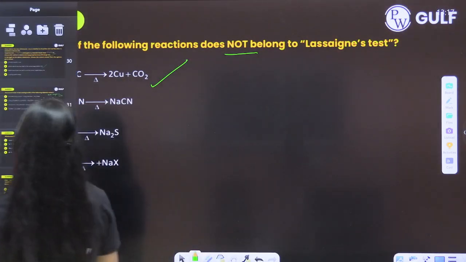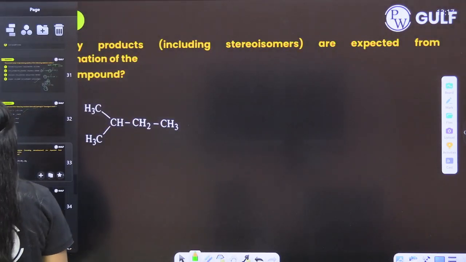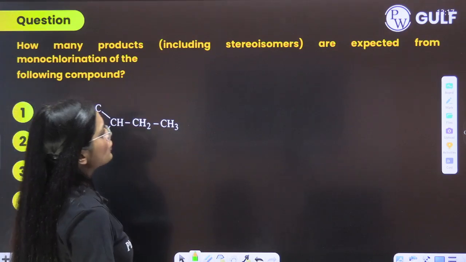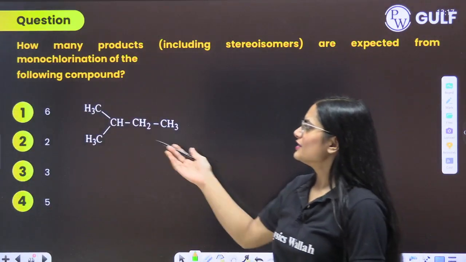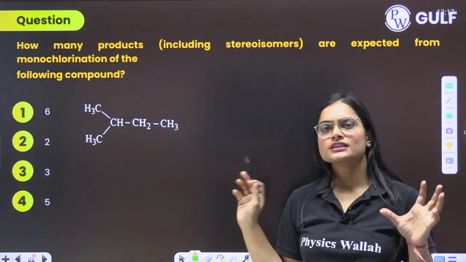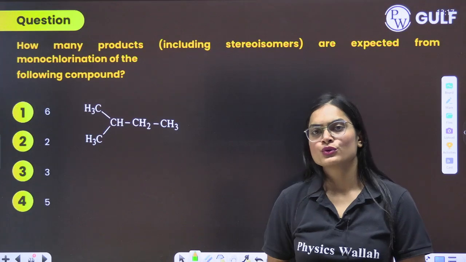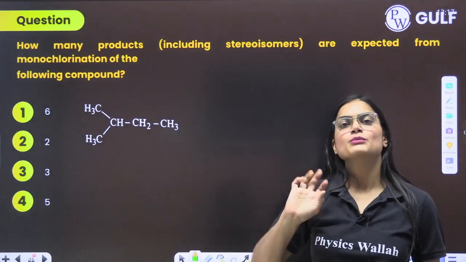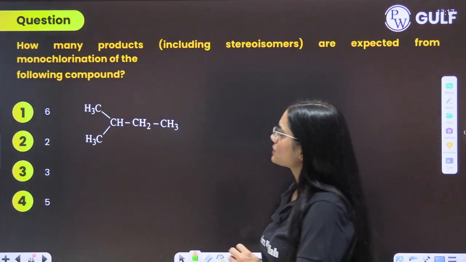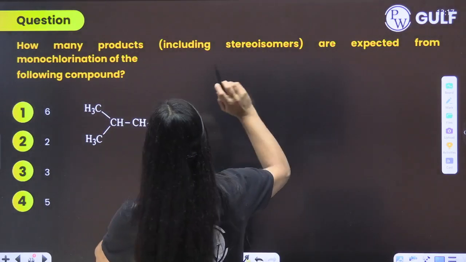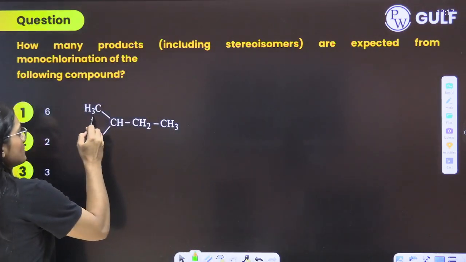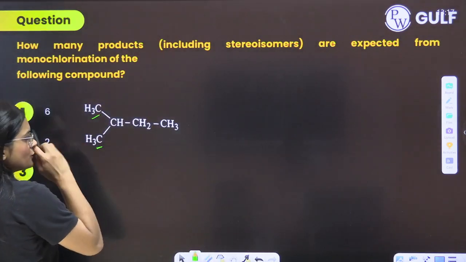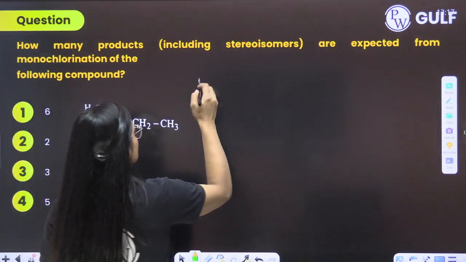Next one. How many products, including stereoisomers, are expected from monochlorination of the following compound? Beta, you are carrying out monochlorination, and the number of products that you get in monochlorination equals the number of different hydrogens, right? And they are also talking about including stereoisomers. Okay, beta, these two carbon atoms are the same. So you will be getting four